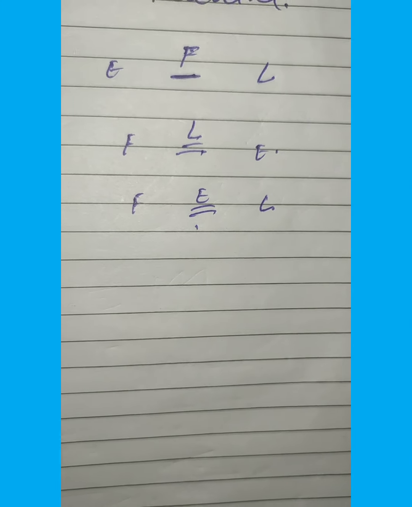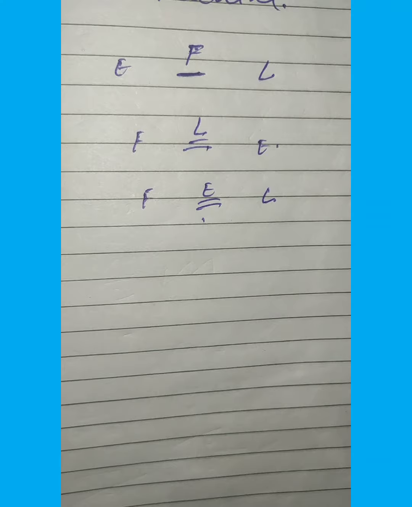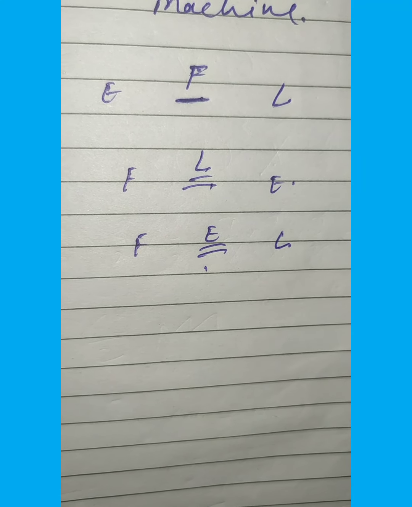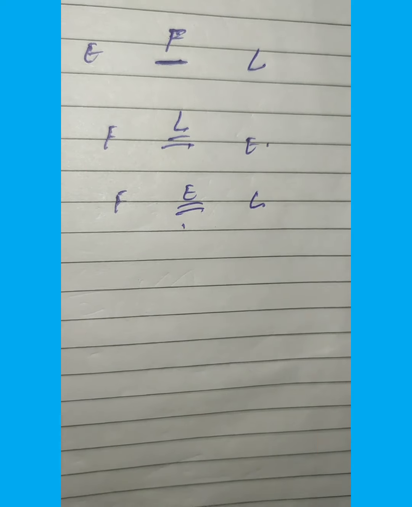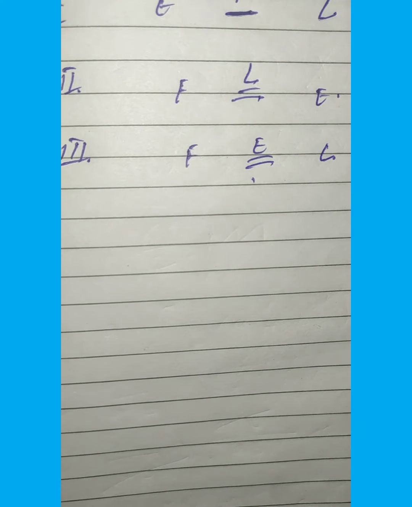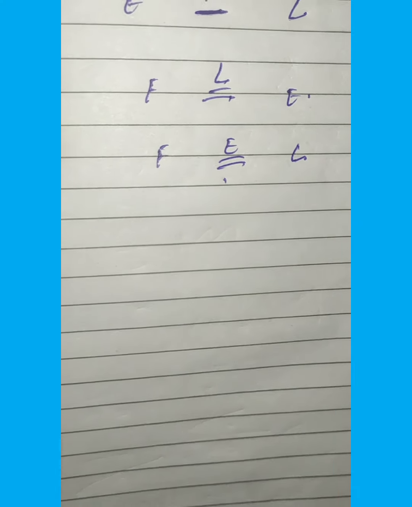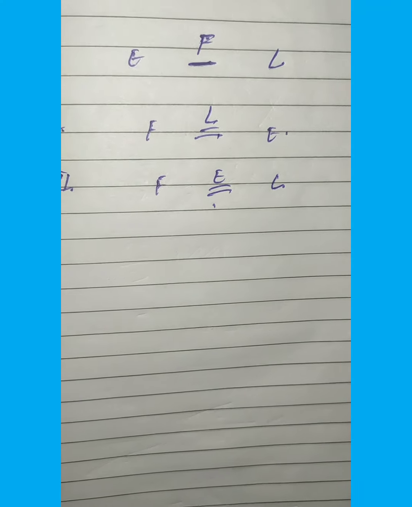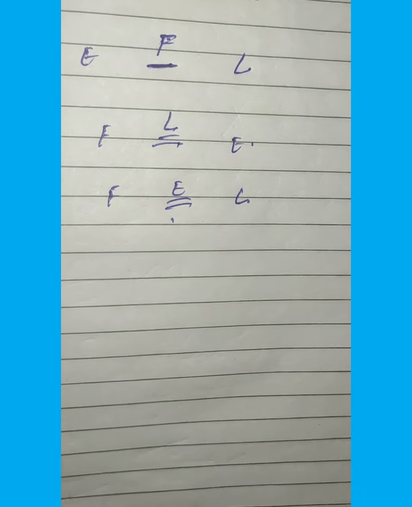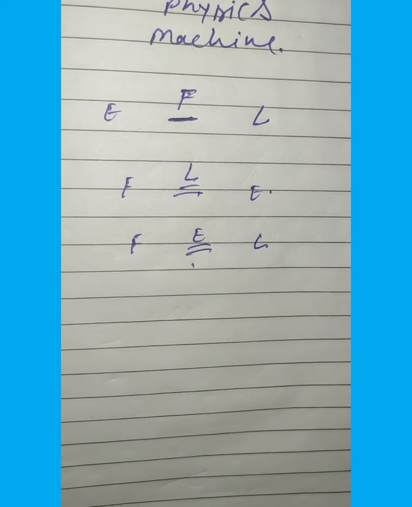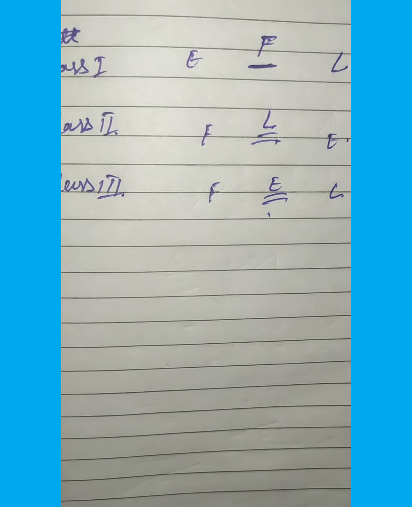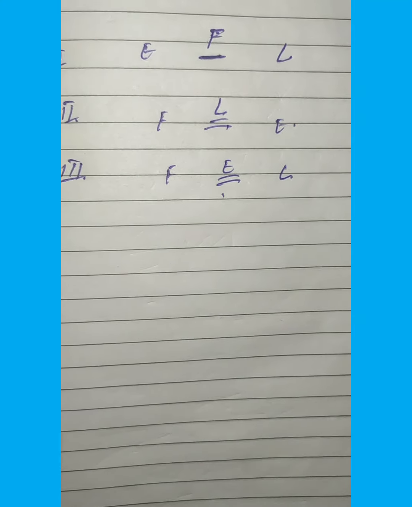Now, an example of each lever as found in the human body. Class first lever is the action of nodding of the head; class second lever is raising the weight of the body; class 3 lever is raising a load by the forearm, where the elbow joint acts as the fulcrum at one end, the biceps exert the effort in the middle, and the load on the palm is at the other end. Thus, this is the example of class third.